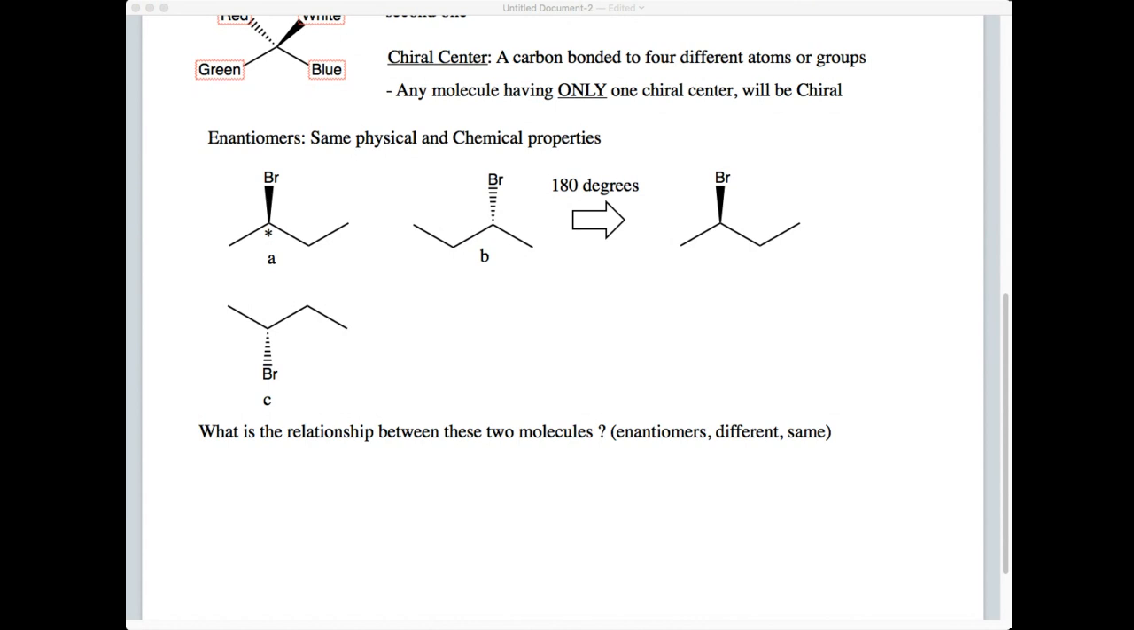You can flip and rotate in any direction you want to. Doesn't matter. Just need to know what happens to every group and to the carbon chain whenever you flip the molecules, okay? So guys,